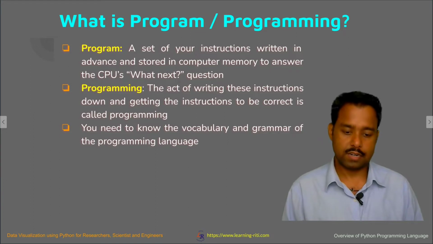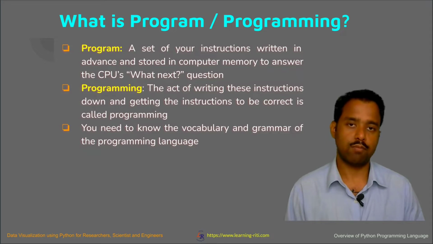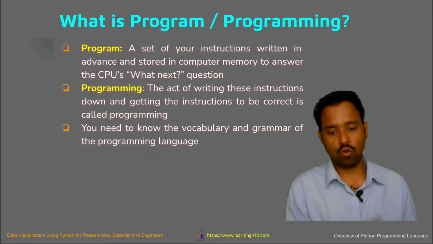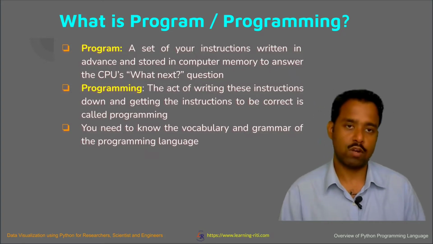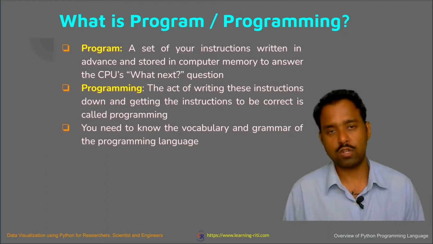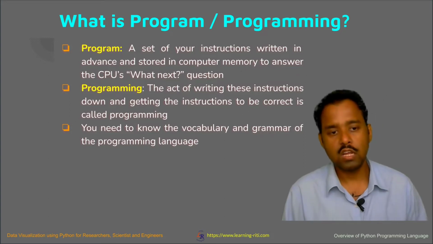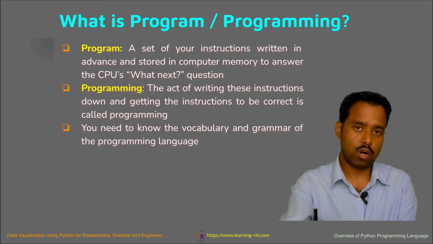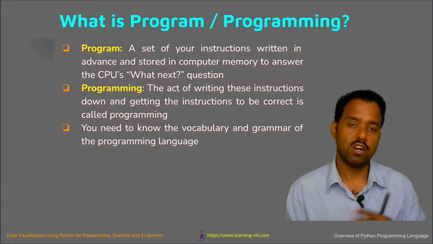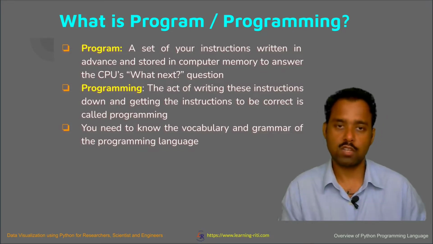So there is very important vocabulary and grammar you should understand for different programming languages. For example, if you are talking about C or Python or Java, they have their own vocabulary and grammar, and you have to understand that, because if you don't correctly give the syntax, they will not understand and they will not perform the task you are going to give. So you have to understand the vocabulary and the grammar for different programming languages. Here in this case, we are going to understand the Python syntax and how it understands us when we are communicating to it, and it is communicating to the machine, and it is performing the job, right?